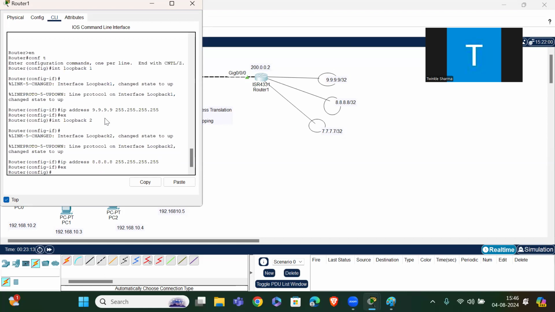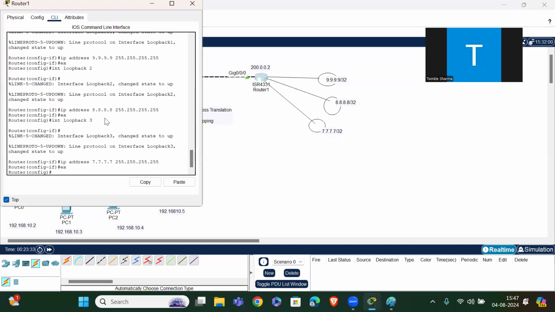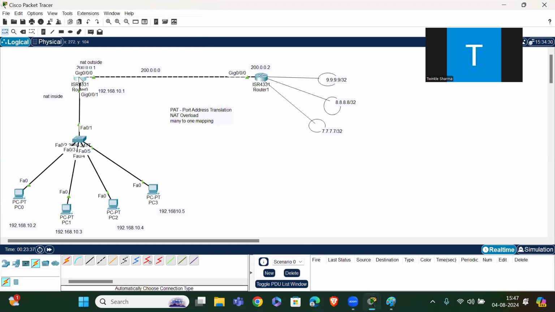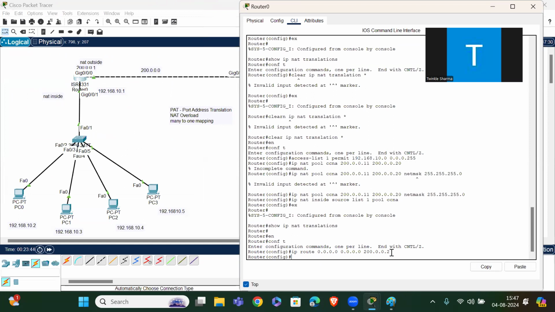Done. Exit. Interface loopback 3, IP address 7.7.7.7, 255.255.255.255. Done. Exit. Okay, this is done. On the router 0, let me configure this. 200.0.0.2 is the destination. Done.